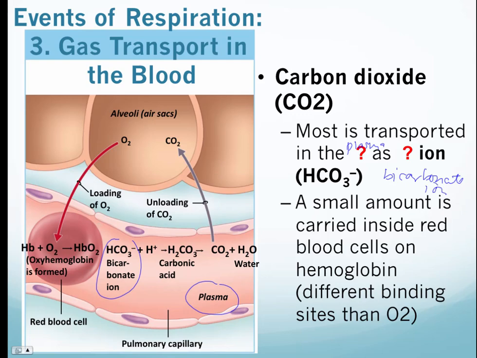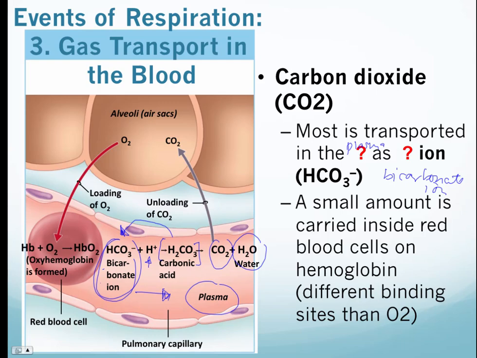Once our cells and tissues produce carbon dioxide, and we load that into our capillaries, it's going to combine with water, form this intermediate called carbonic acid, which is going to quickly dissociate and break down to form bicarbonate ion and hydrogen. Now this bicarbonate is going to circulate around our body until it arrives here within our alveoli, where it's going to go in the other direction. But for now, for this third phase of respiration, gas transport in the blood,